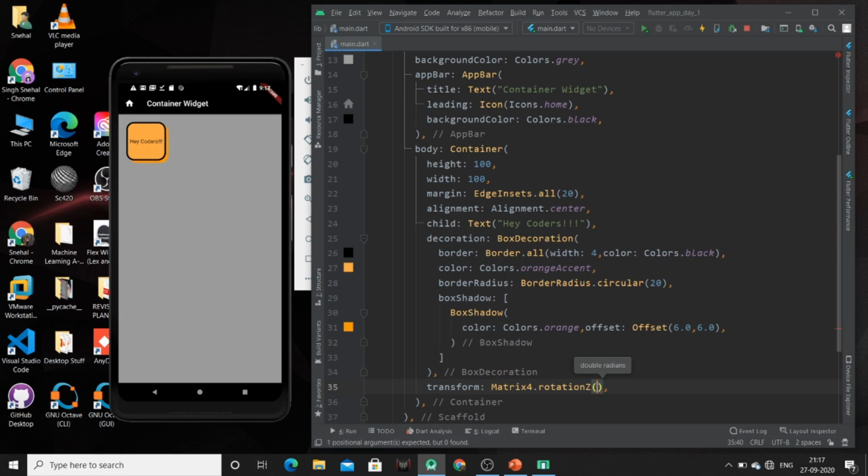So I want 1 degree of rotation at the z axis. So I have given rotation to this container along the z axis of degree 0.1. Now you can also have rotation at the x axis and rotation at the y axis.